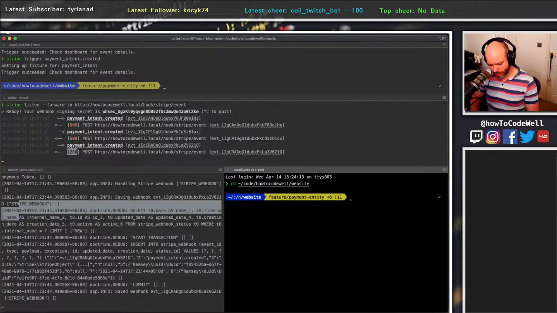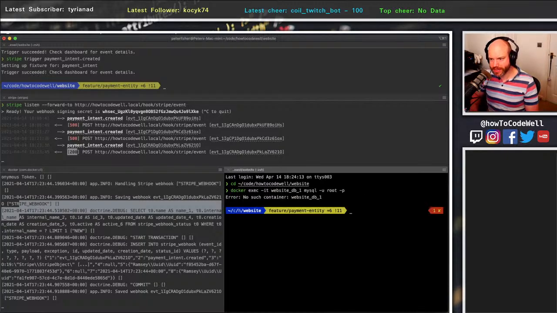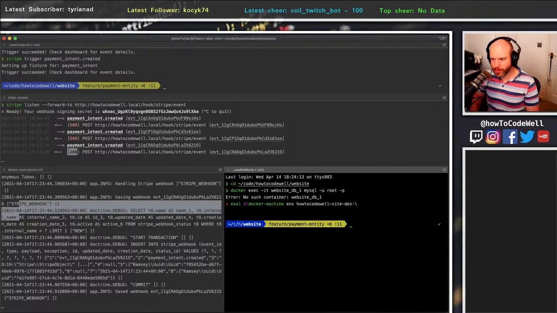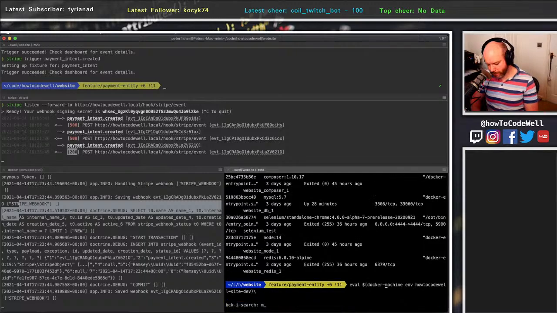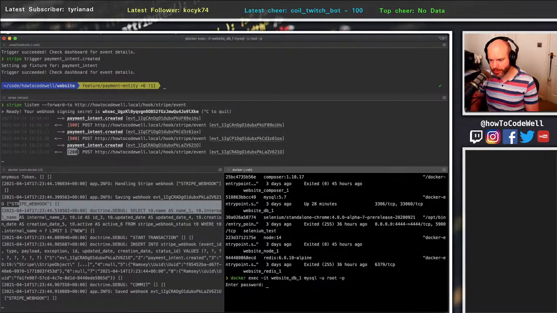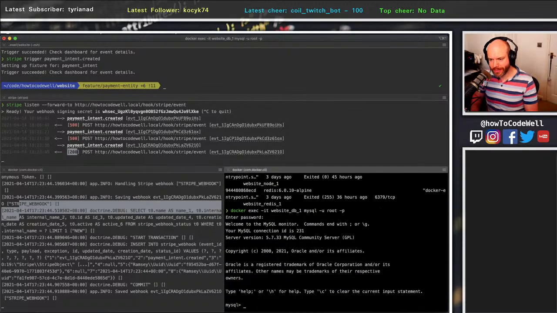Let's do a reverse search. I want to do MySQL. Nope, that doesn't exist. Oh, I see, I need to evaluate my shell because I'm using a Docker machine. Eval. There we go. Cool. So if I did docker ps -a, we can see all the containers. If I was to do a reverse search back into MySQL now, there we go, and log in,